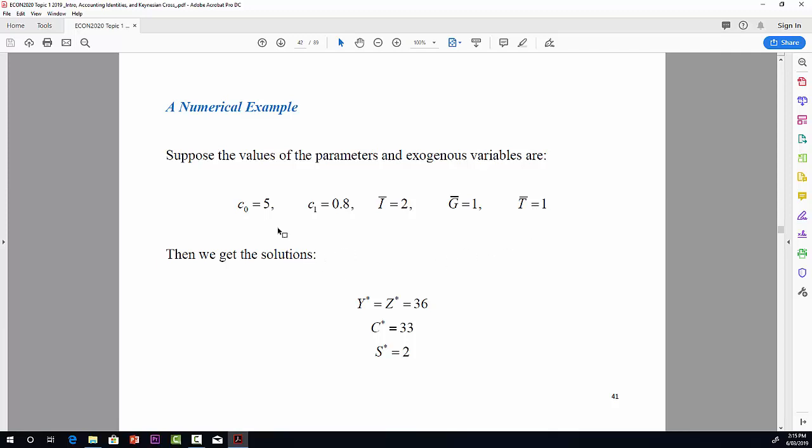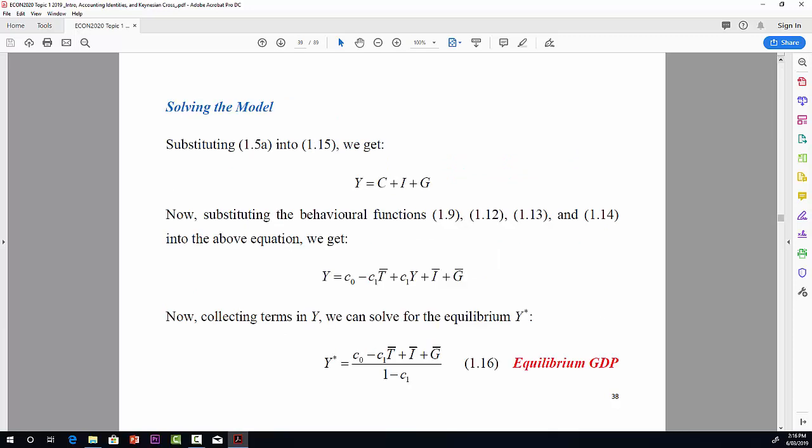Then if we take these numbers and plug them into the solutions, so back there we had Y star, you plug in the numbers for C1, C0, and these, and I invite you to do this at home, plug in those numbers and verify that you get Y star is equal to 36, which of course means Z star is equal to 36. Maybe just being a little bit pedantic about it, but if we go back here, here's our Y star. That's equation 1.16. If you plug in our values like 5 here, 0.8, and all of the numbers for T bar, I bar, and G bar, you should get that number,